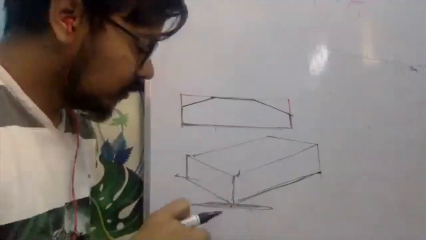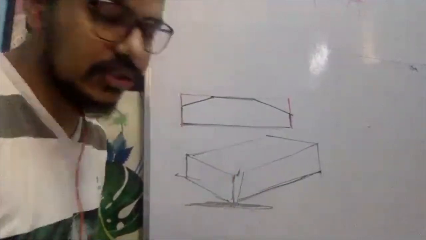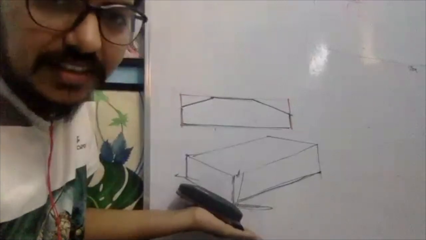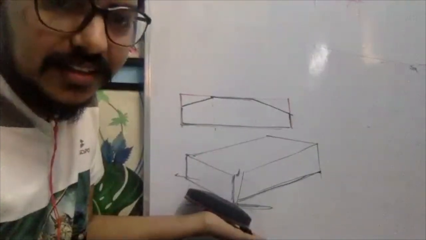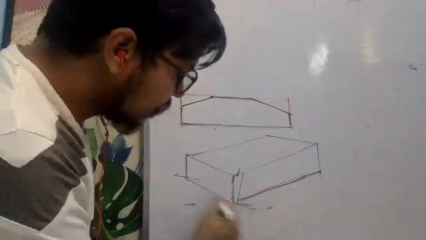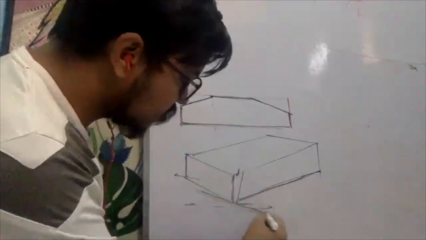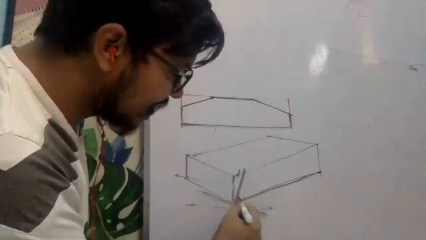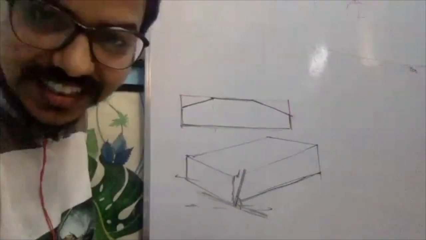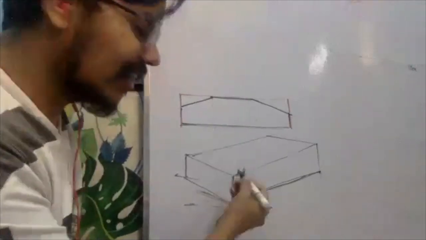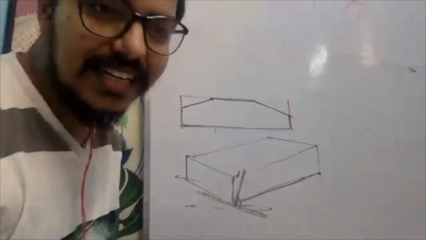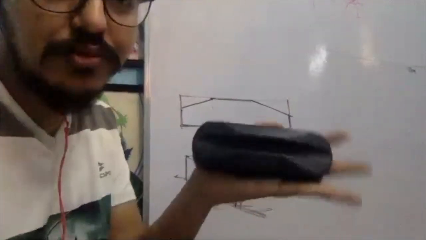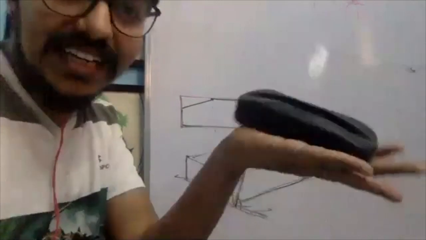Now, it will go diagonal in only one condition: when your surface itself is sloping. When the surface is sloping, on that sloping surface also, the line which is creating the height will create 90 degrees only. So this will automatically look diagonal. That is why, whenever you use a diagonal height line, your product looks like it's falling to one side or something like that. It looks really weird.